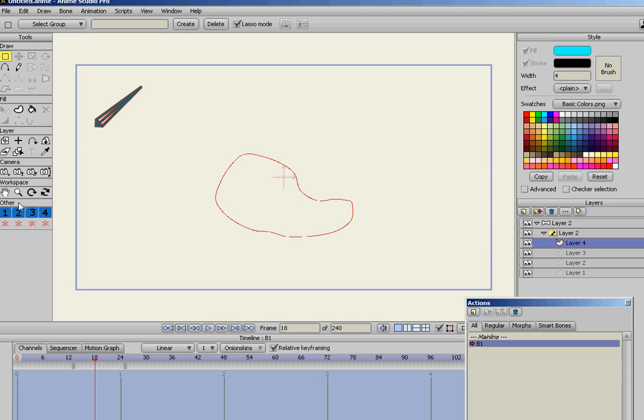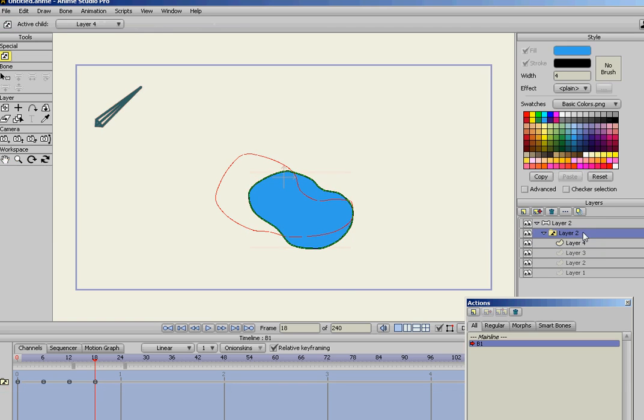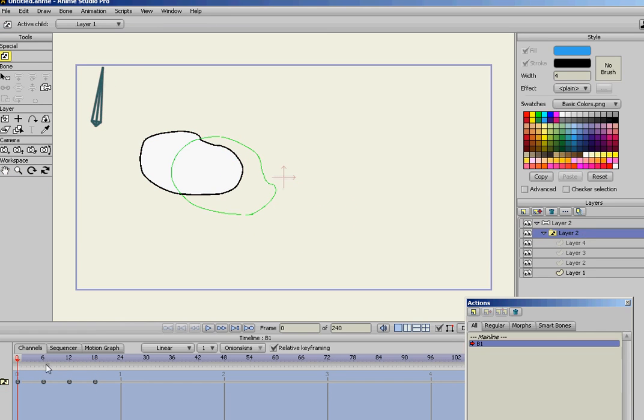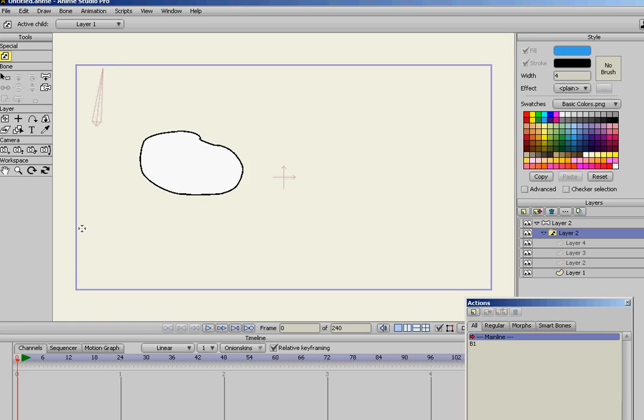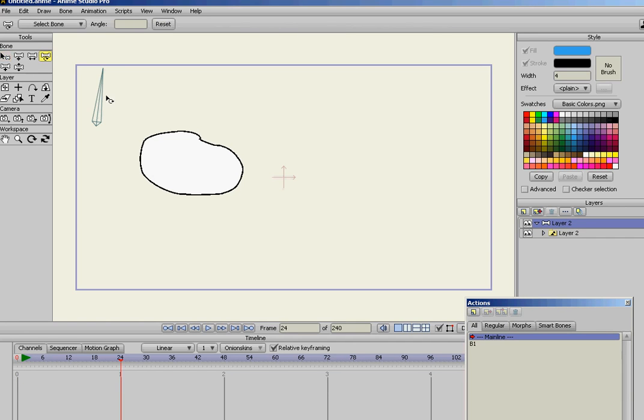I'm going to grab my drawing tools here. And of course it's filling the wrong color, but I'm going to switch it back. And I'm going to go back here. I want to see how this looks. I'm going to turn off the onion skins. I'm going to go back to the main line. I'm going to go to the bone layer, and I'm going to come down to like 24, and as you can see, I've got